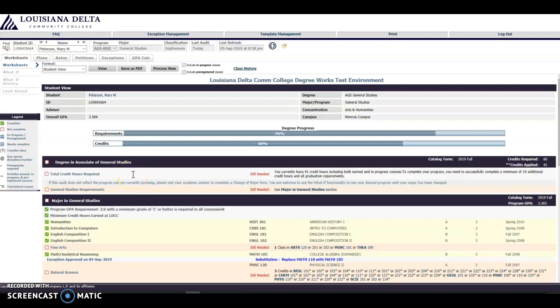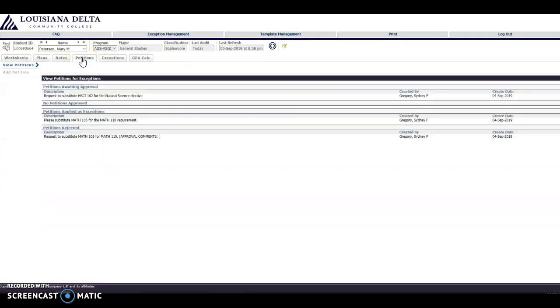In this video, I'm going to show you how to request a petition through DegreeWorks for a student. A petition is a request for a substitution or an exception be placed on the student's audit. So what you'll need to do first is click on the tab that says Petitions, and here you'll be able